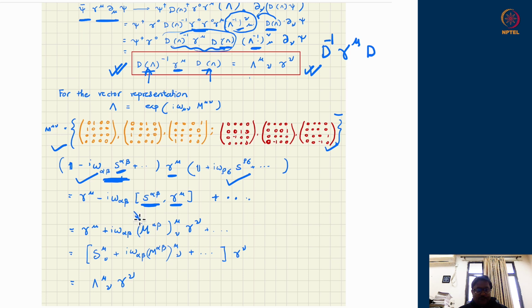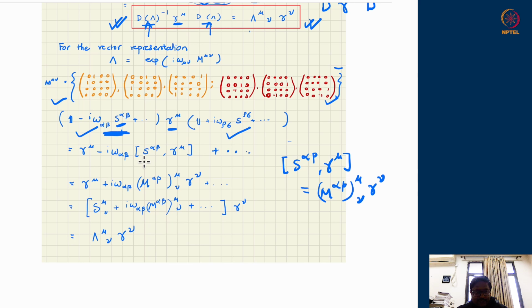Put together, it is equivalent to identifying, with these 2 indices, the M alpha beta. Out of these 6, which one is this? So if this is 01, then it will pick up this 01. And the mu component of this will appear over here, and the nu component gets summed over. So there is a nice identity, which I'm just going to write down. And that is the crucial thing in proving the identity: S alpha beta gamma mu can be proven to be M alpha beta, and then its mu index remains free and the nu index gets summed over. This is an identity which you can prove, or we will see it in a minute.